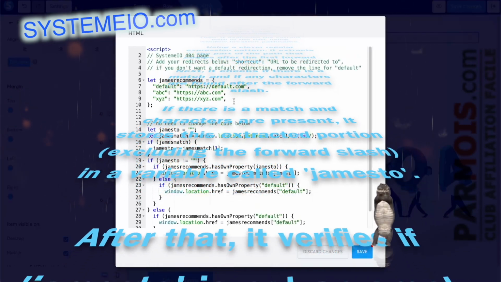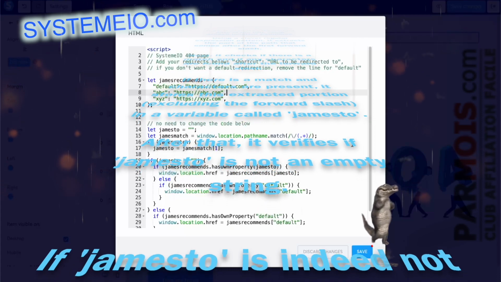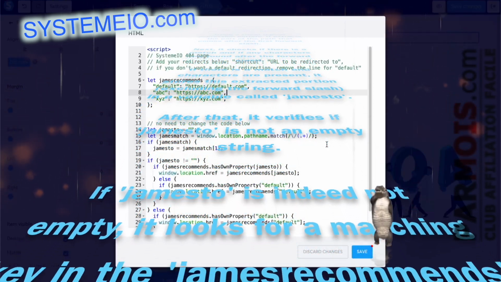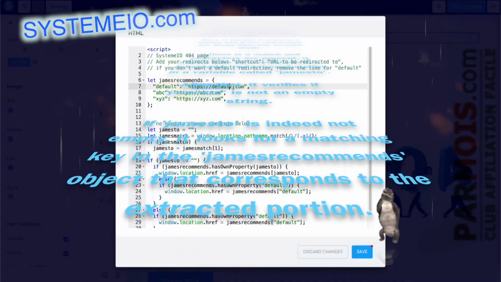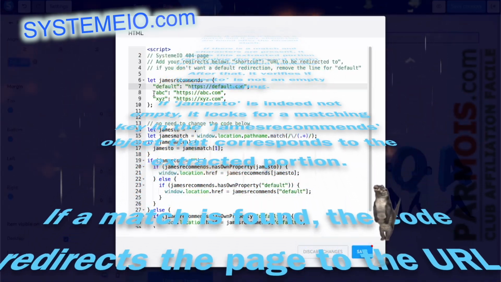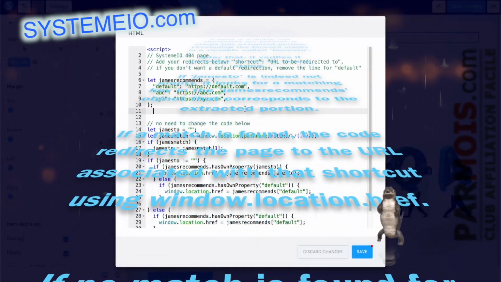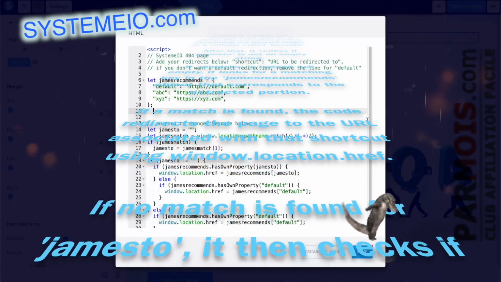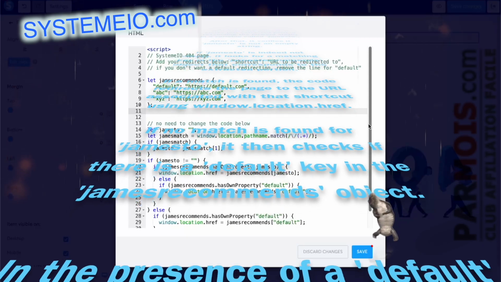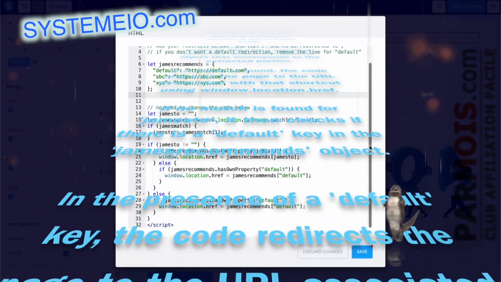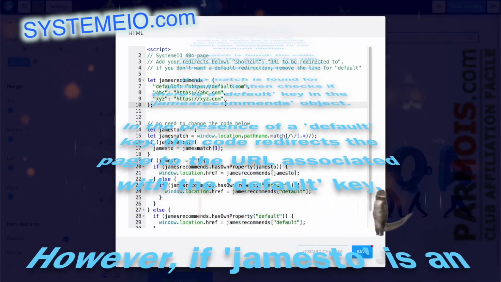called jamesto. After that, it verifies if jamesto is not an empty string. If jamesto is indeed not empty, it looks for a matching key in the jamesrecommends object that corresponds to the extracted portion. If a match is found, the code redirects the page to the URL associated with that shortcut using window.location.pathname. If no match is found for jamesto, it then checks if there is a default key in the jamesrecommends object. In the presence of a default key, the code redirects the page to the URL associated with the default